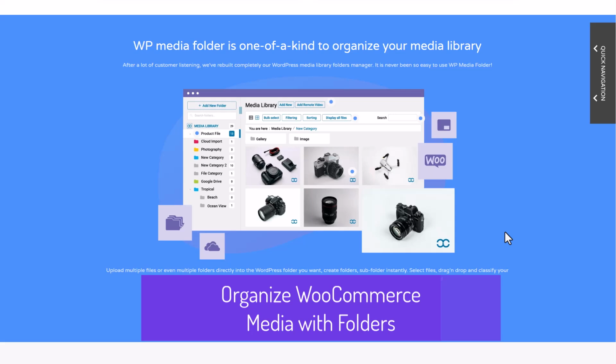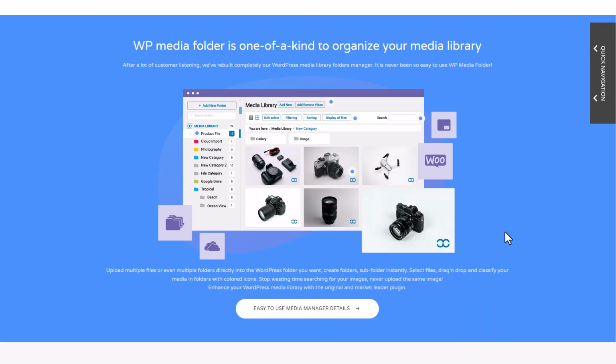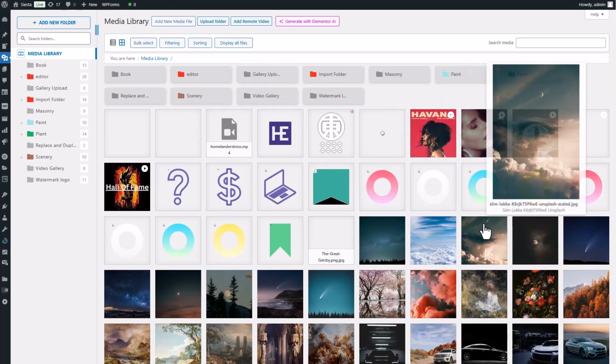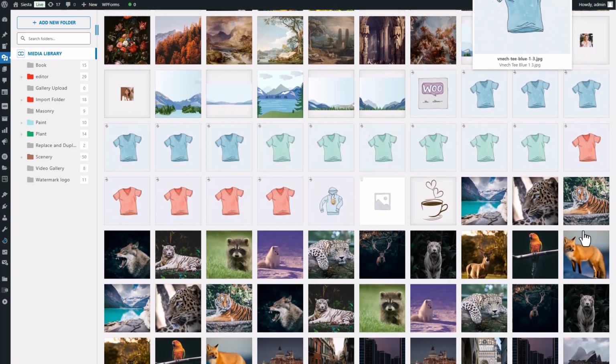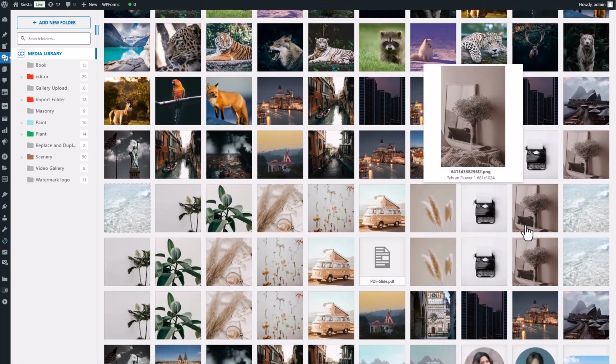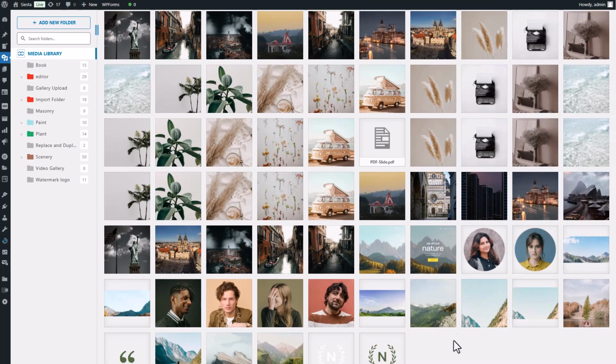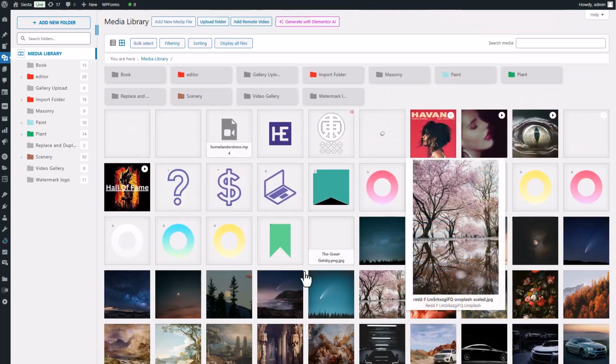Today, I want to share with you about organizing WooCommerce media using WordPress Media Folder. If you're managing your products with WordPress and using WooCommerce, you've likely faced this challenge. As time goes by, your images, videos, and other media files start to accumulate, making it difficult to locate or organize them efficiently. Let me introduce you to WordPress Media Folder, the perfect solution for bringing order to your media